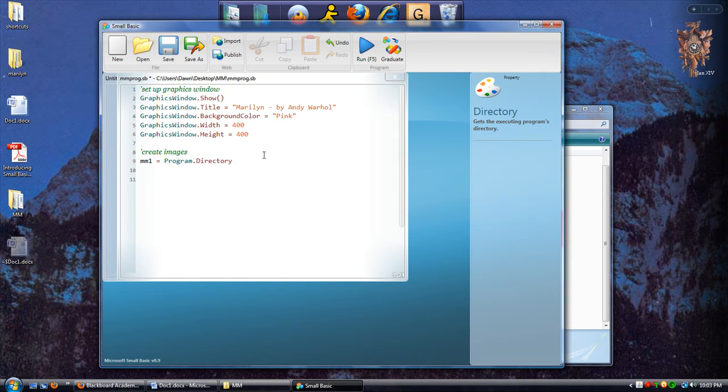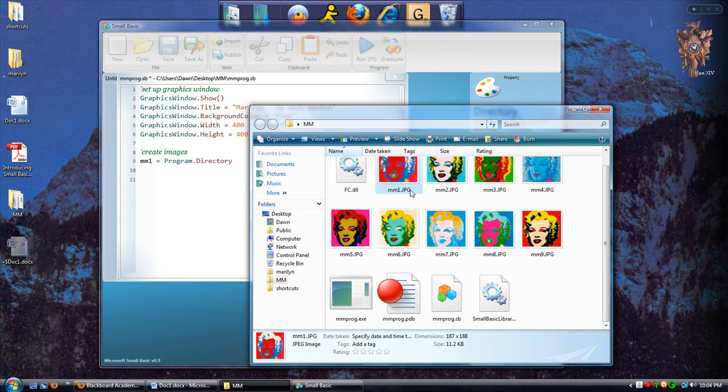Okay, and what this command does is it instructs Small Basic to look in the current directory or folder where the program resides. So what this will do is cause Small Basic to look in this folder, the MM folder to be exact, which is where this particular program file, the SB file, resides, okay? And then once it gets into that folder, we want it to find this one, the